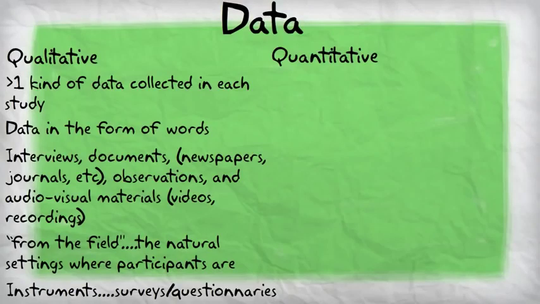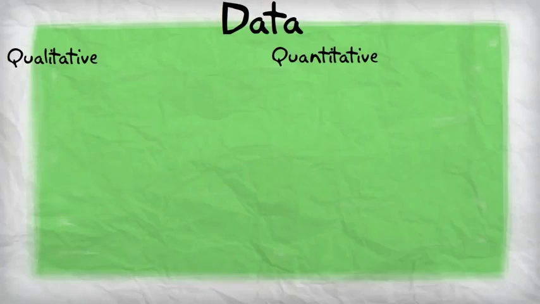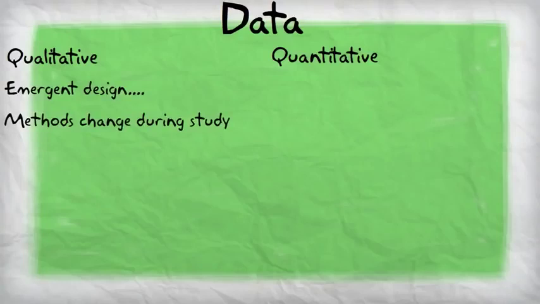It's also important to note that a hallmark of qualitative research is its emergent design. This means that the way in which the study is conducted can change during the study. During qualitative research, it may become apparent that other forms of data from other groups of people should be included into the study. For instance, let's say that a researcher is studying college students' experience trying to eat healthy on